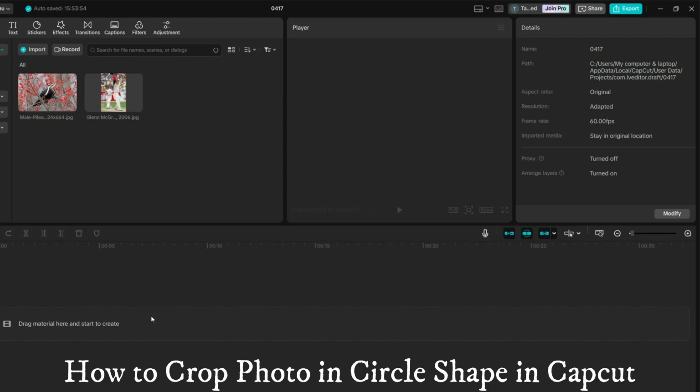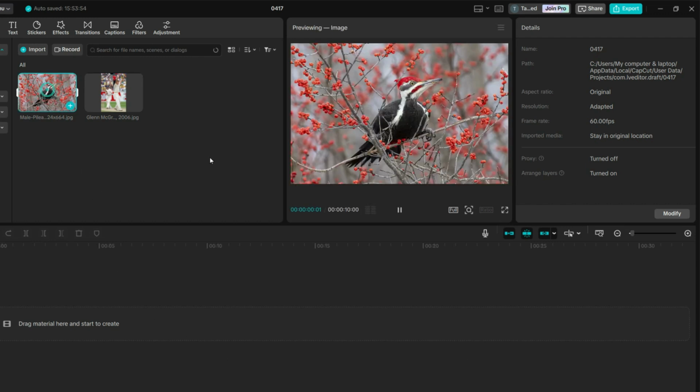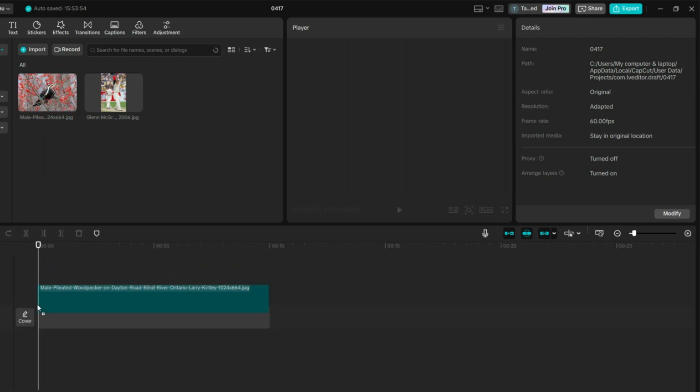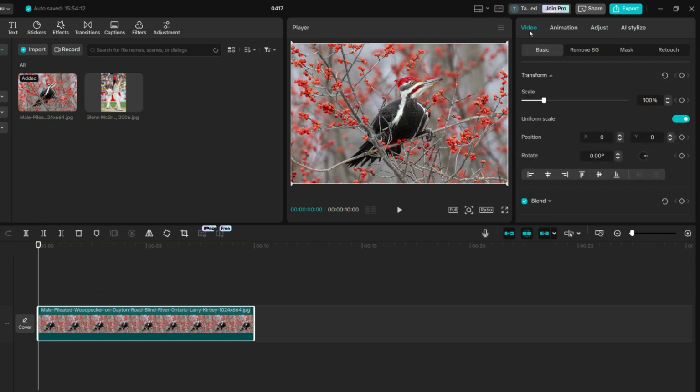Hello everyone. In this video I will show you how to crop a photo in a circle shape in CapCut. For example, I have a picture here, put it on the timeline, and after that click on the image on the timeline, and on the right side you